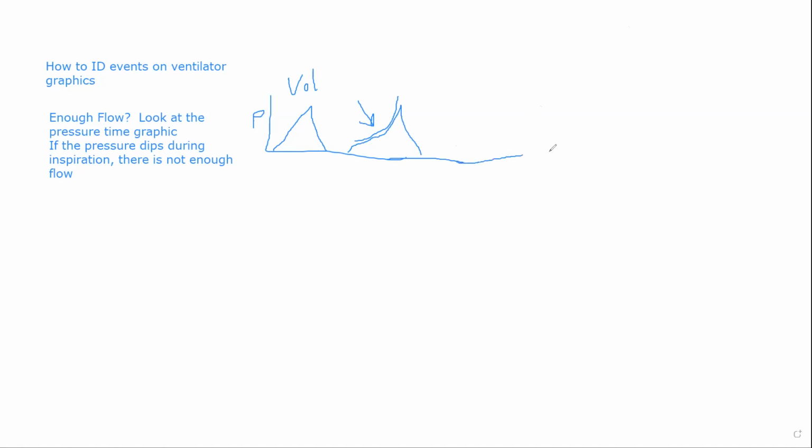It could be extreme where you know, the patient's breathing in, they're trying to get some air, there's just not enough air coming in. And then at the end, they kind of give up and then the pressure goes up. So all of that indicates not enough flow during inspiration. Okay, the next one is